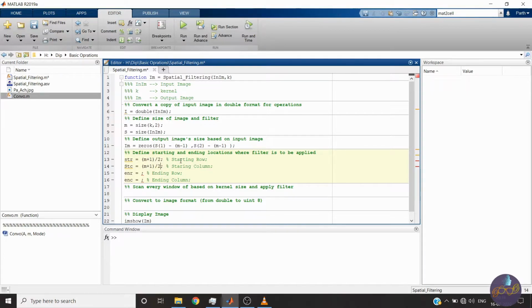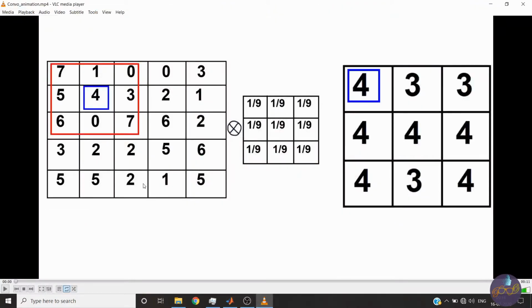Now we know that from the end, this row and this column would be eliminated. What the end value means: if there are 10 rows and 10 columns, then this will be the 10 cross 10th pixel. So we have to reduce 1 from this if it is a 3 cross 3 matrix. If it were a 5 cross 5 matrix, then we will go one more step inside, so we will remove 2 rows and 2 columns from the end value of the image.